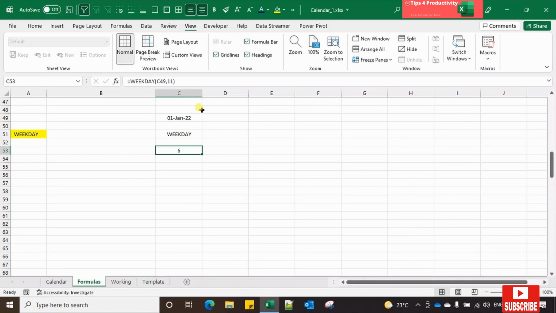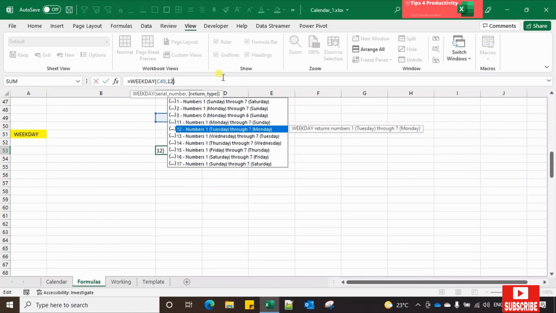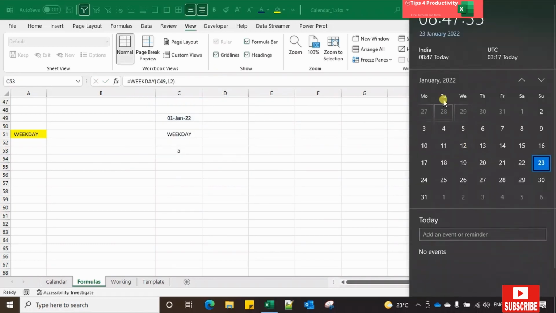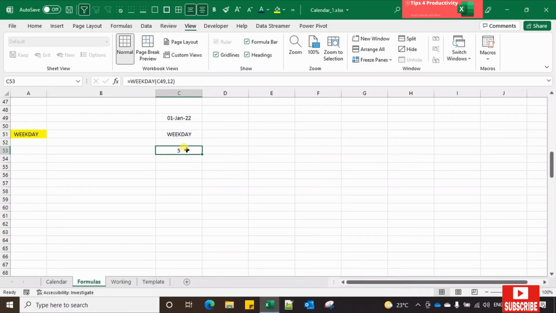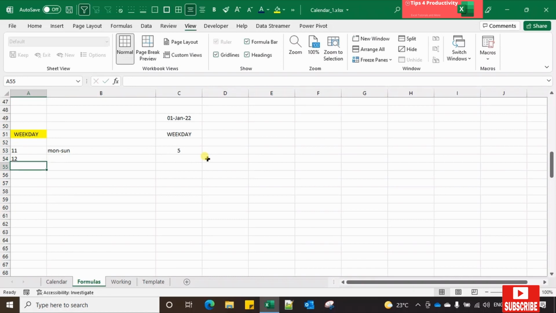So for example, instead of using 11, if I use 12, I will go to 12, tab out, press enter, because 12 indicates the calendar start day as Tuesday. So if the calendar is starting on Tuesday, then 1st Jan will fall on, this is the first day, 2nd day, 3rd, 4th, 5th. So it is the 5th day. So that is how I indicate or locate the position of 1st Jan in a calendar based on the start date. I am putting in a value of 11 for Monday to Sunday, 12, 13,